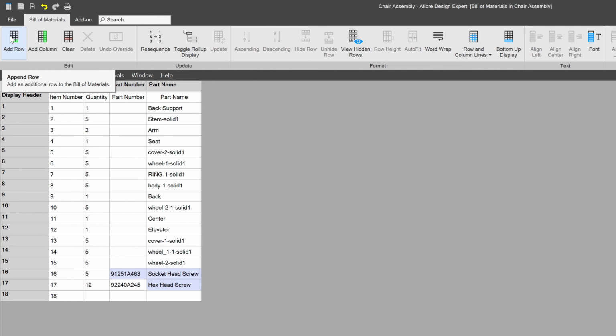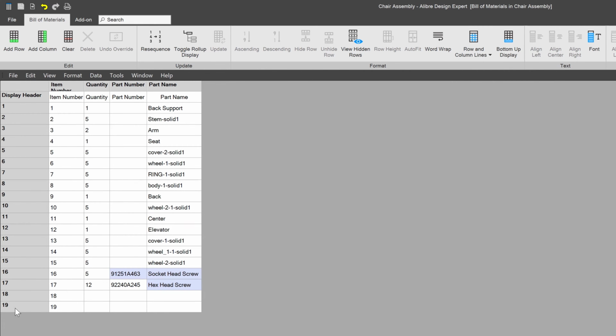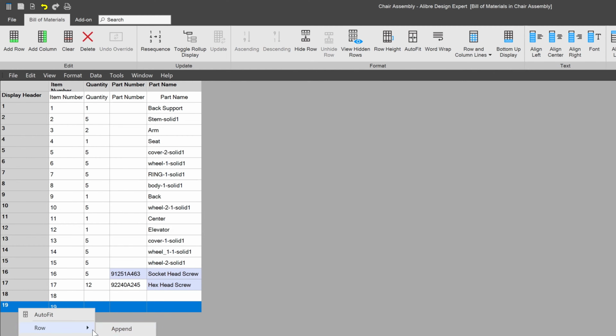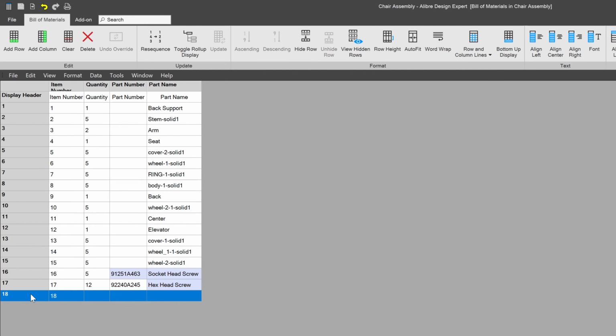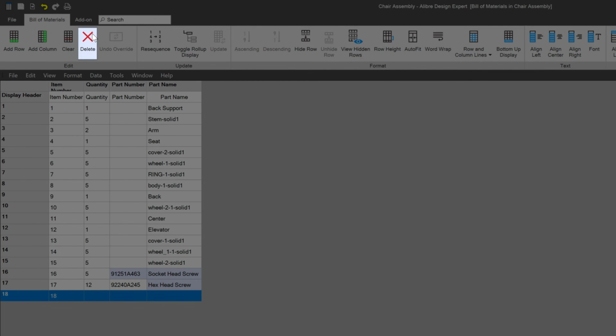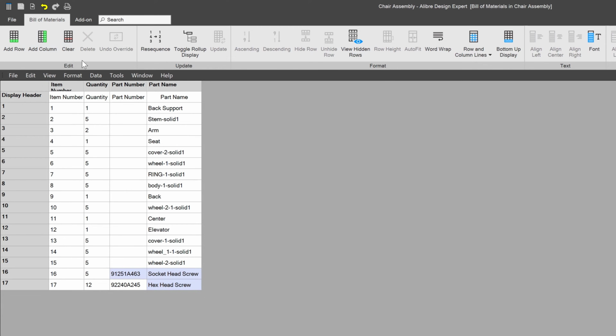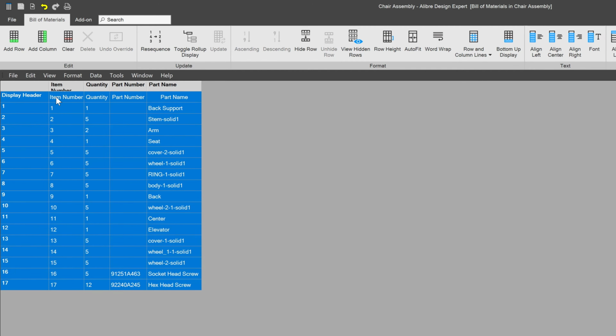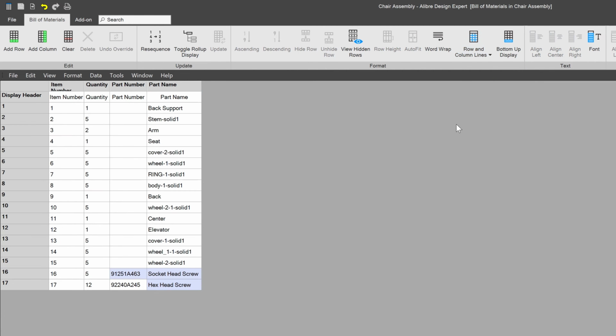I can also simply choose this Add Row if I wish to continue to add rows, and I can always delete rows from the right click, or I can choose this delete button up here in the ribbon. Perhaps I'd like to have my viewing options on this be a little bit different, right? Perhaps maybe I only want column lines. Well, I can come over here to this option, and from row and column lines, just choose column lines, and